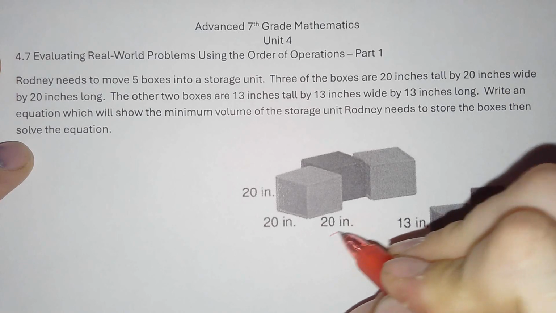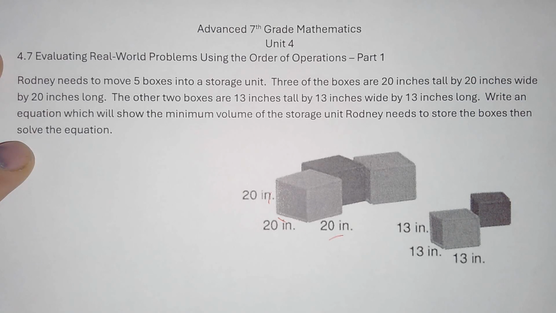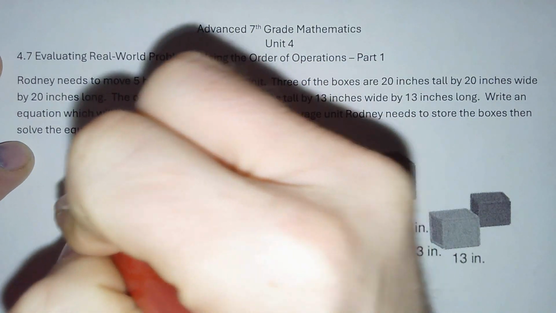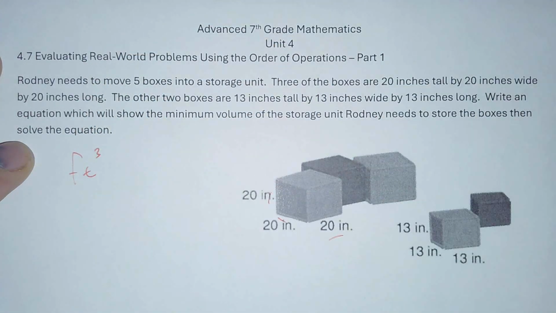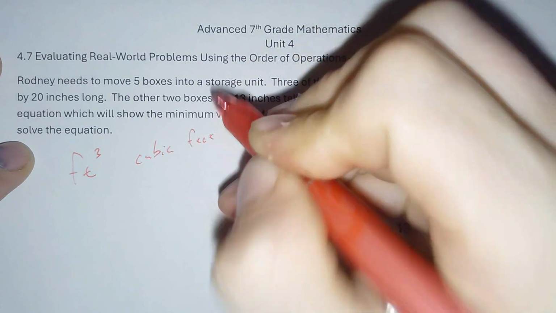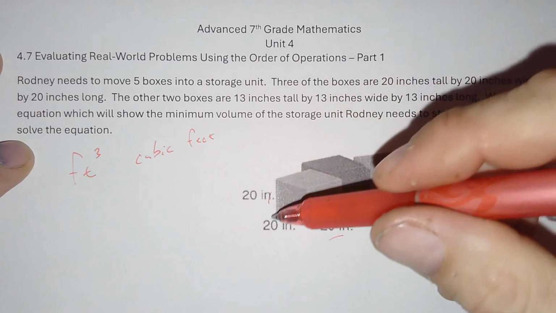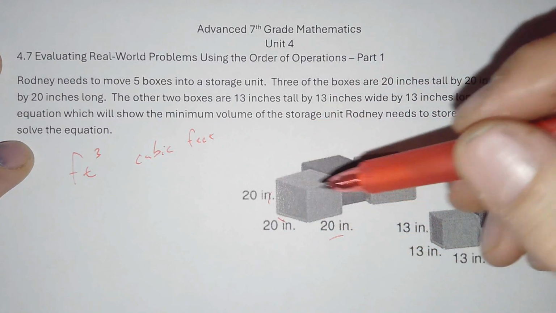You're given an inch by an inch and by an inch, and usually when you go shopping for storage units, they don't tell you it's an inch by inch by inch. It's not even in inches. It's in a unit called cubic feet. Actually, they just usually say it's cubic feet, right? Which is written as foot cubed. So we have to figure out what an inch cubed is to a